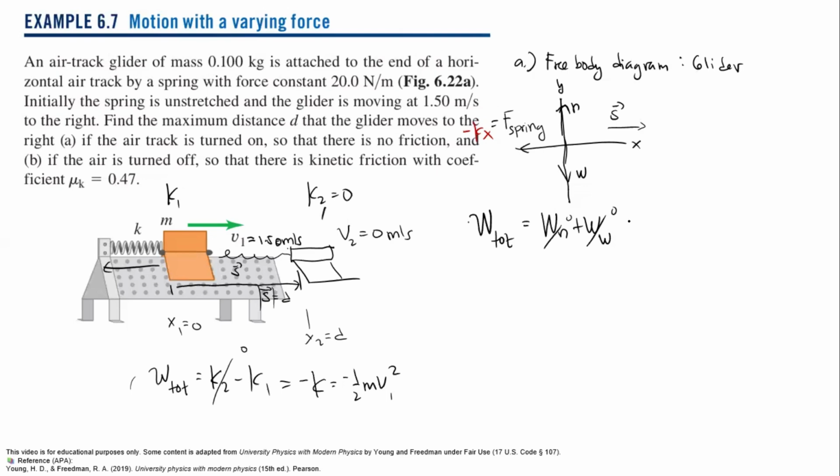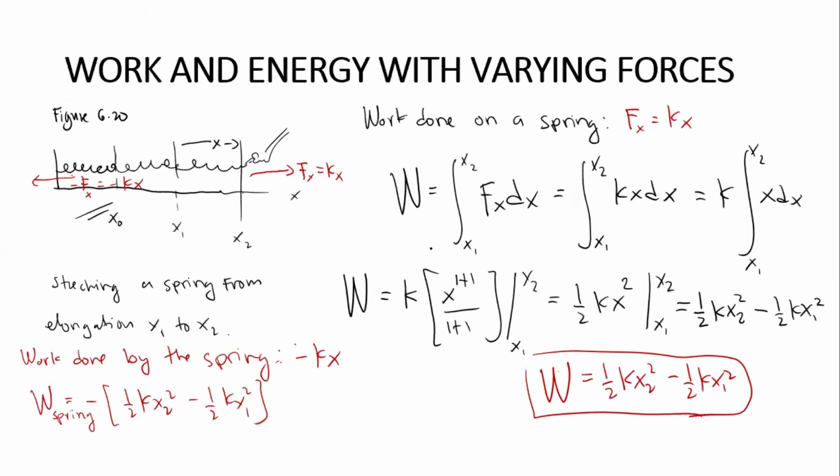This is equal to 0 plus the work of the spring. So as we have discussed, the work total here is equal to the work of the spring. Only the spring is doing work, since the force acting here is the restoring force, negative kx. It's not this one. We are actually interested in the work done by the spring, which is given by this one.